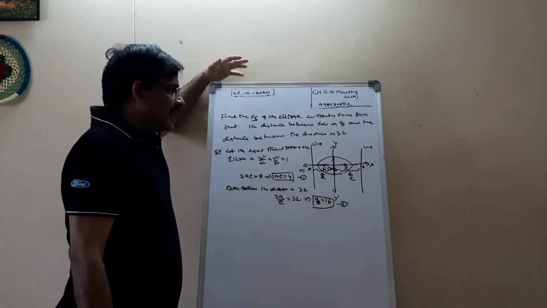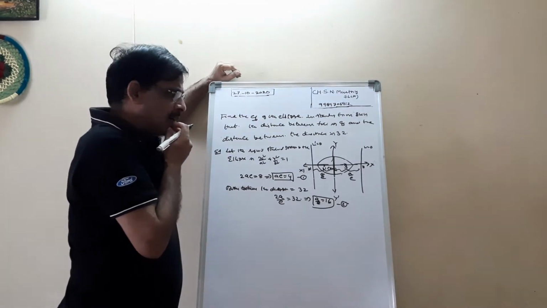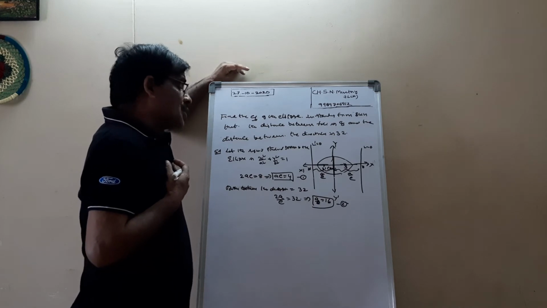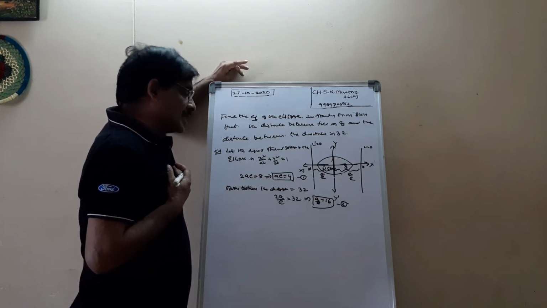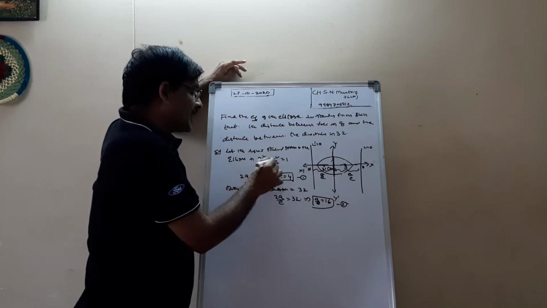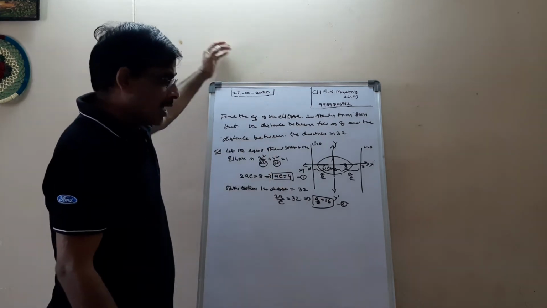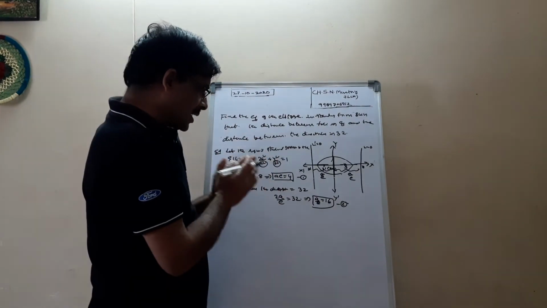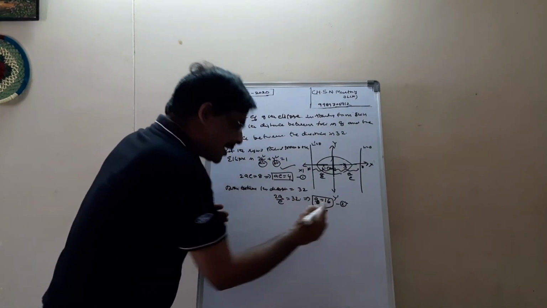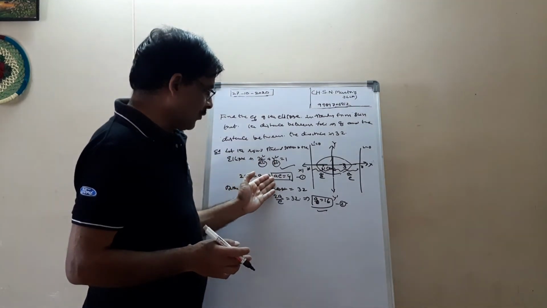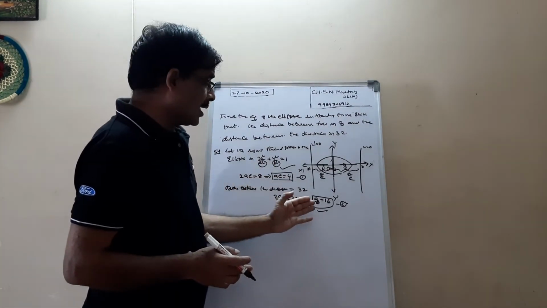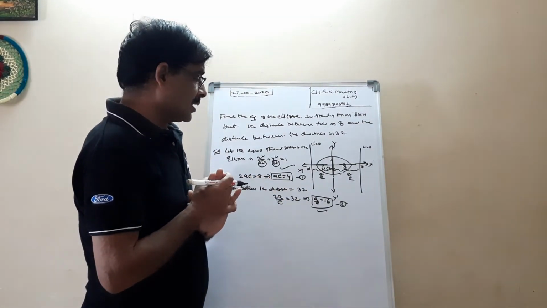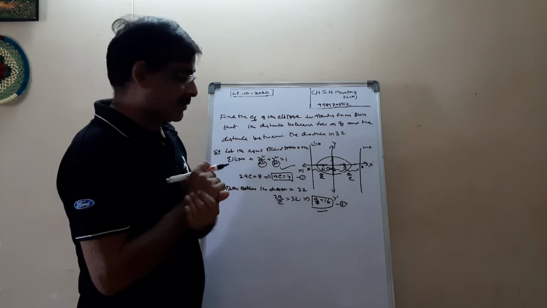Now we have to find the equation of the ellipse in standard form. It means x square by a square plus y square by b square equal to 1 form. So to get that standard form, we have to find the a square and b square values. How to get a square and b square? Let us think. With this information, I have the ae value and the a by e value. The product of a and e, and the division of a by e. I want that a square, b square value.